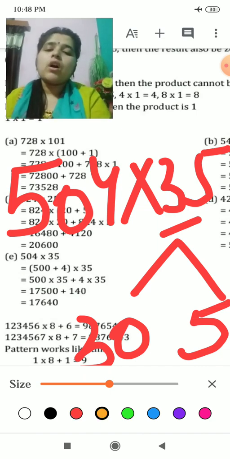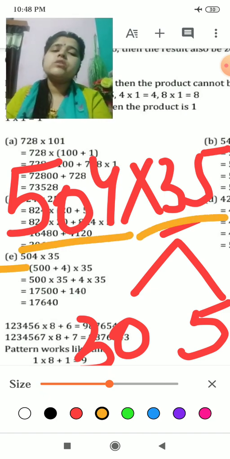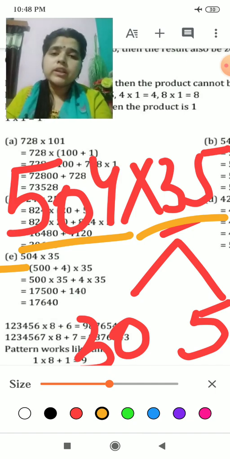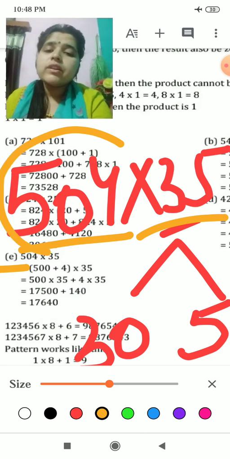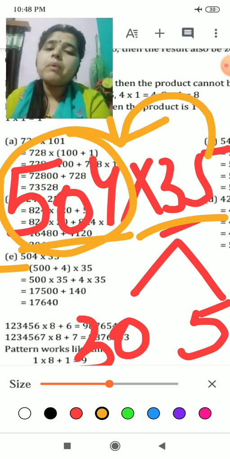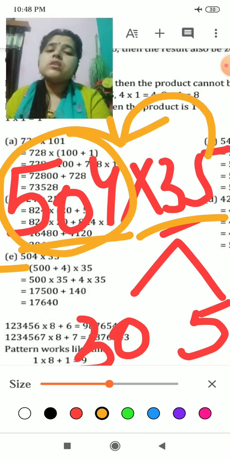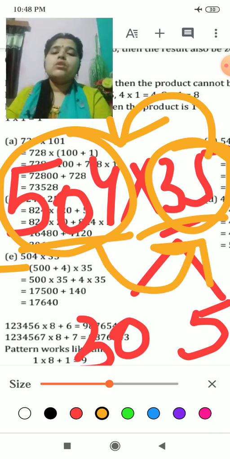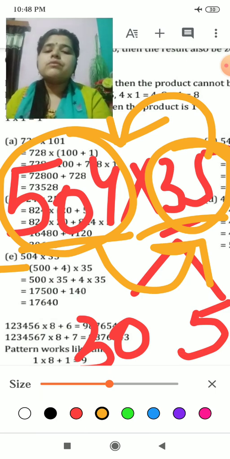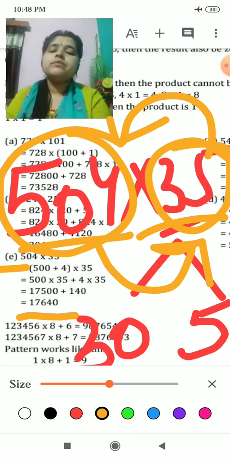Now 500 plus 4 multiplied by 35. You can change this also, you can change this also, because both are holding the distributive property. If we are changing this one, then the bracket is getting multiplied by 35, but if we are changing the 35, then the 35 bracket is getting multiplied by 504. So when we multiply all these, we will get 17640. Okay children,